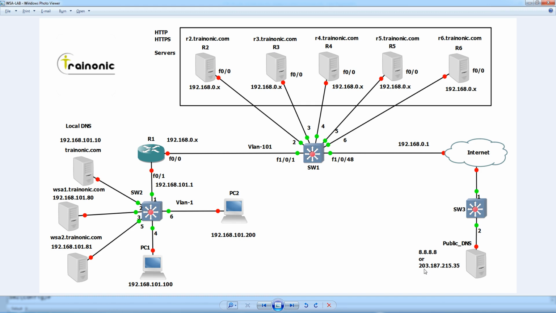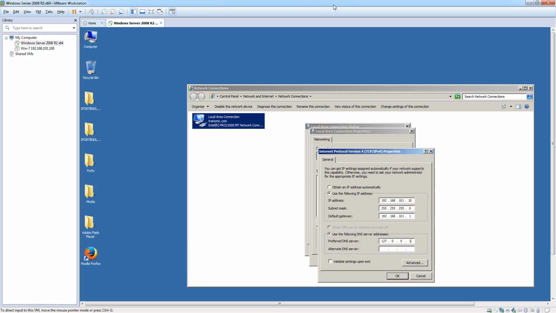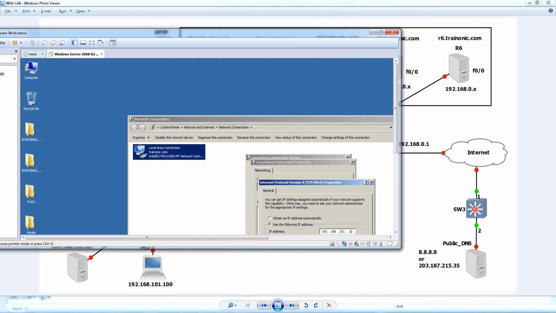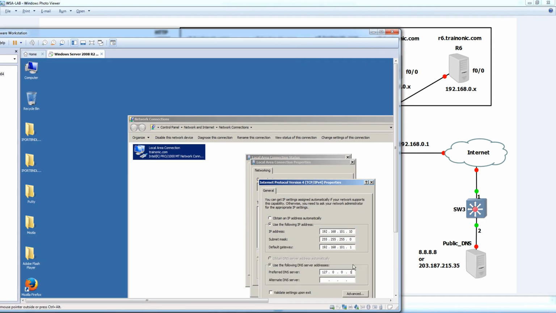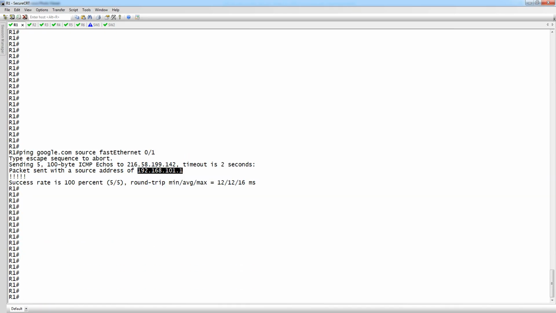For example, 203.187.215.35. This is our service provider DNS server.